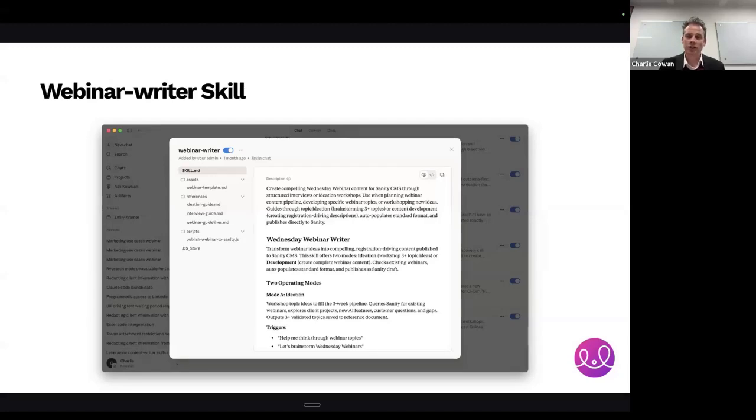And to do this, I'm going to introduce you to skills in Claude. And we're going to use a number of these skills. Caitlin's going to demonstrate some in a moment. And so it's worth spending a moment just to explain what a skill is. So a skill is a